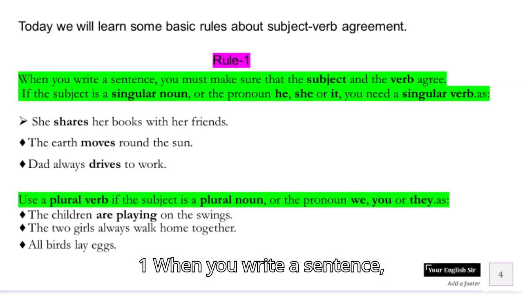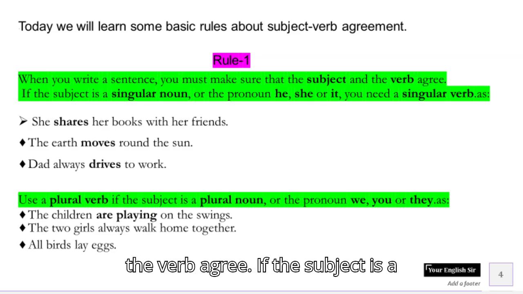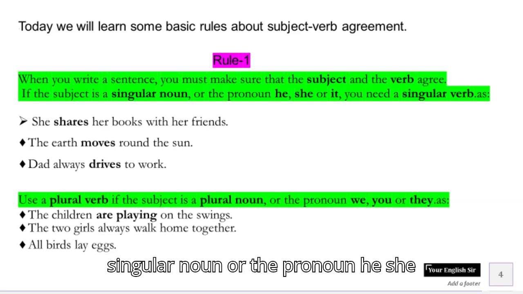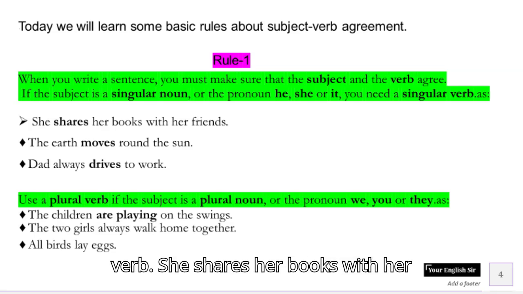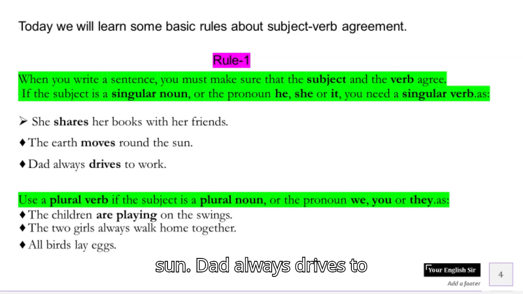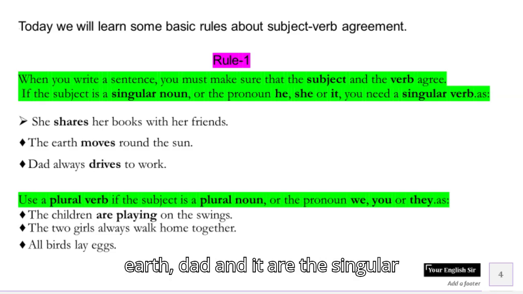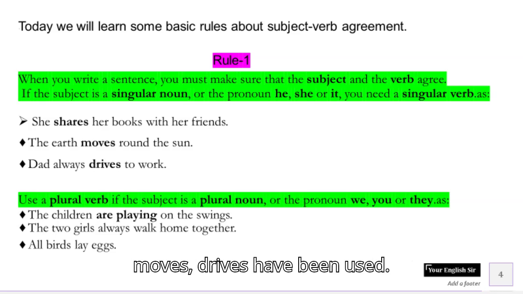Rule 1. When you write a sentence, you must make sure that the subject and the verb agree. If the subject is a singular noun, or the pronoun he, she or it, you need a singular verb. As: she shares her books with her friends. The earth moves around the sun. Dad always drives to work. Here, she, the earth, dad and it are the singular subjects, so singular verbs like shares, moves, drives have been